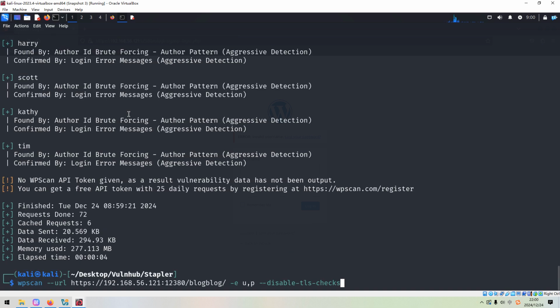We can launch this command again, and we can use uppercase U option to specify the username, and we can use uppercase P to specify the word list.